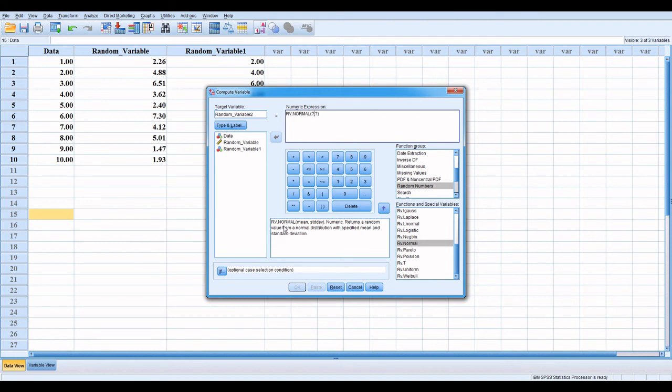Here you see the description normal, mean and standard deviation. You write here mean at first question mark because at first position here in description is mean and second position is standard deviation. For your data set you calculate your mean and standard deviation. Its mean is 5.5 and standard deviation is 3.02. Okay. This command is also executed.